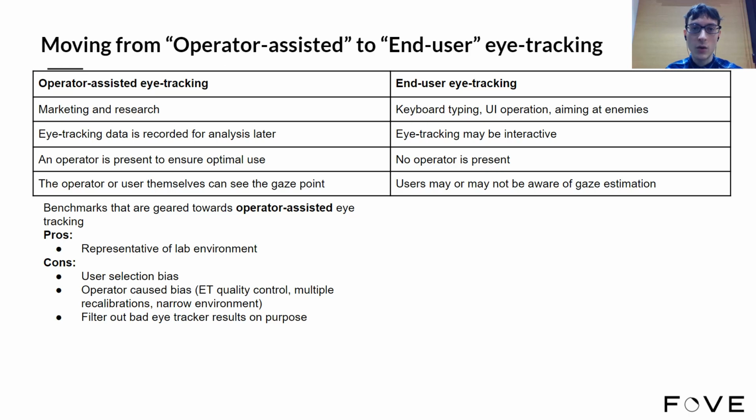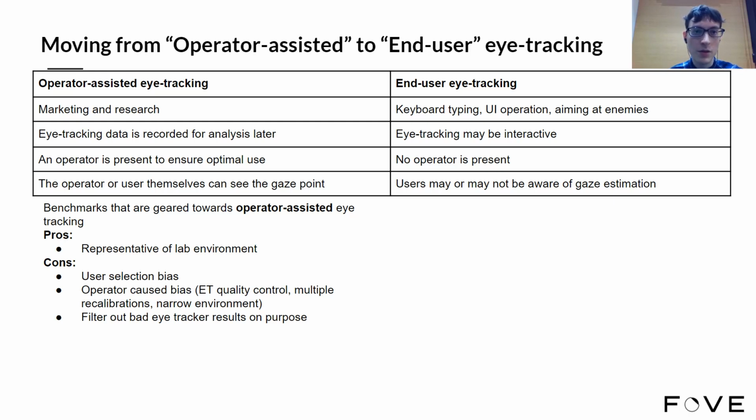Operator-assisted eye tracking often has participant preselection, which has different subjective rules and which can be hard to reproduce. Participant preselection can lead to a benchmark that only represents people with eye shapes, cornea shapes, and other features that yield high accuracy of eye tracking results, which will be achievable only for those people. Such a result might have some applications, but it's not representative of the general public.